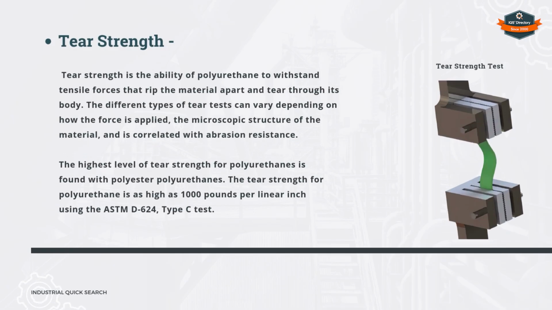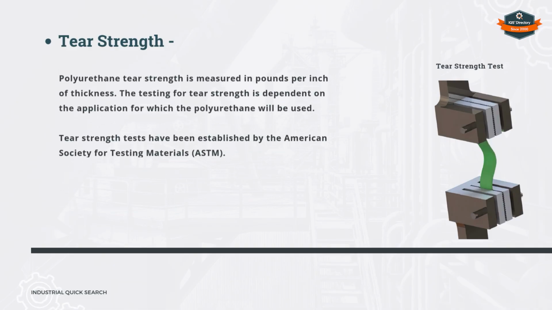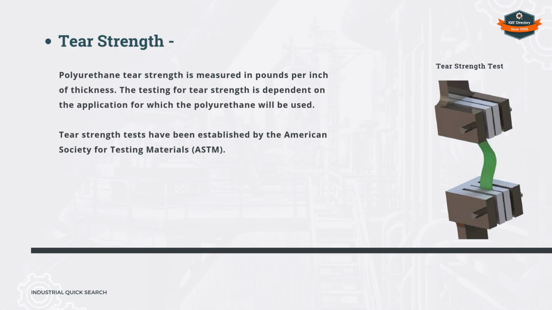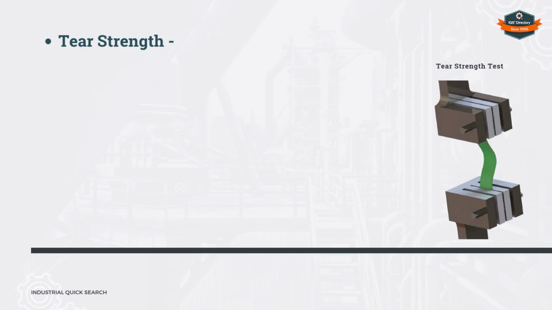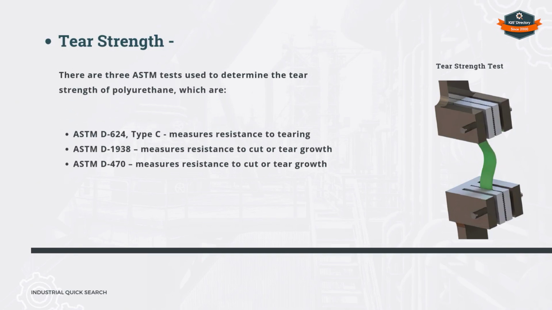Tear strength. There are 3 ASTM tests used to determine the tear strength of polyurethane, which are